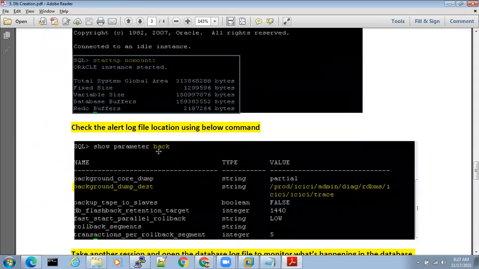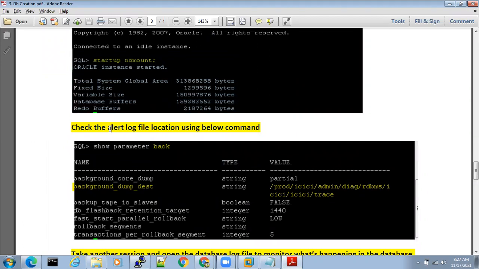Next, before we create a database, I want to talk about the alert log file. What is this alert log file? It is a very, very important file for a DBA, a database administrator.